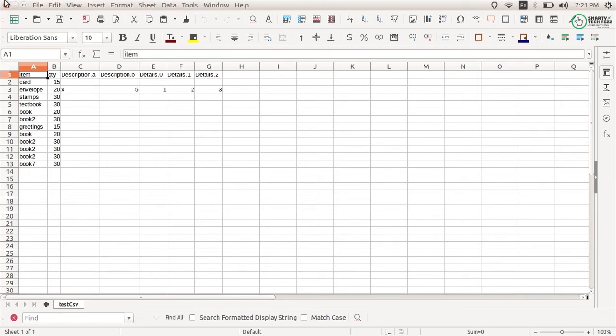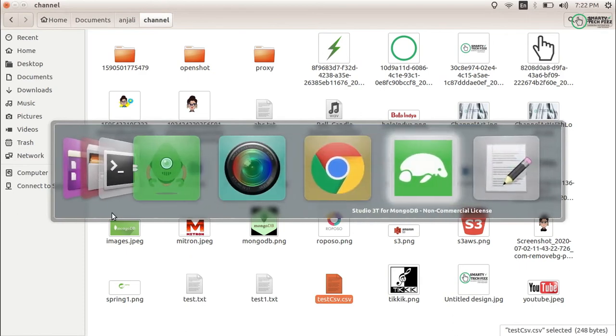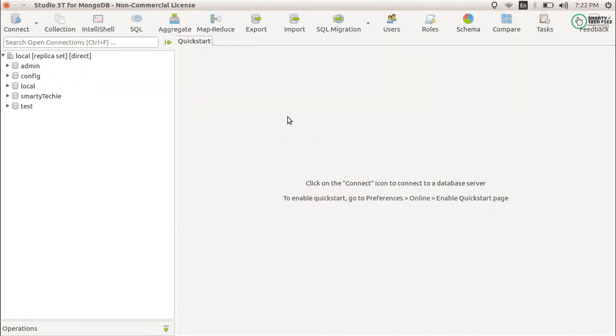Now I will show you the very easiest way to export the document, whether it is in a map, in an array, or in a string or number. Just go to Studio 3T. You may download it by googling it, and I can even mention the link for that.